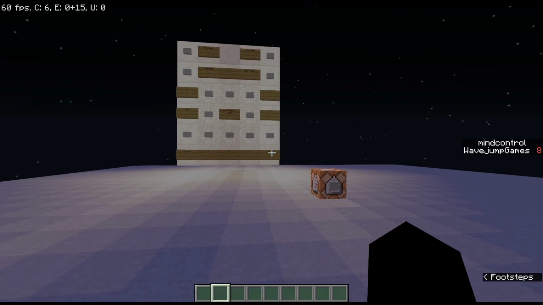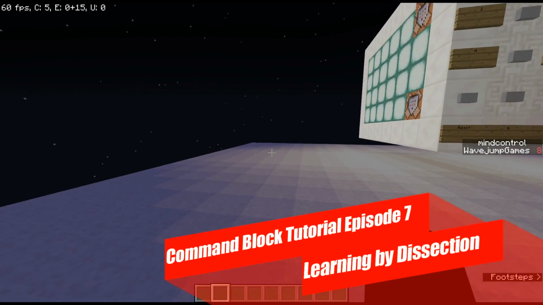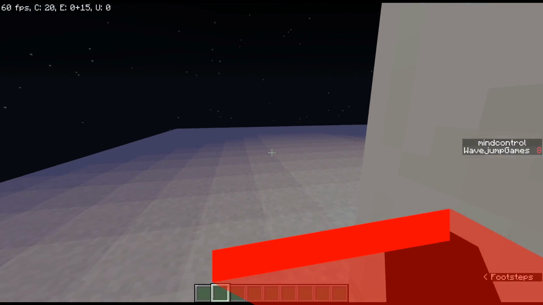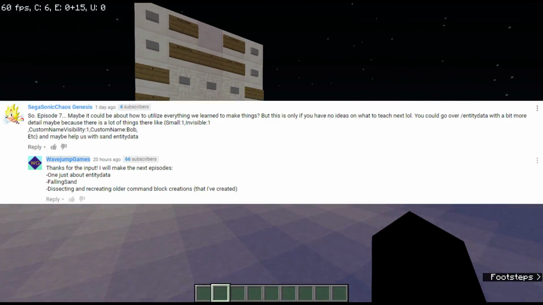Today we are back for another command block tutorial, and as you may have already noticed, we are not in our normal world, so I'm going to go ahead and explain what is going on, and then we will hop right into the video. Alright, so last episode was episode 6, we went over randomization and a couple of other things,